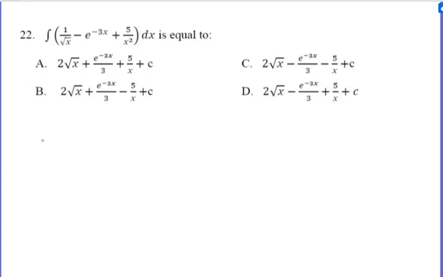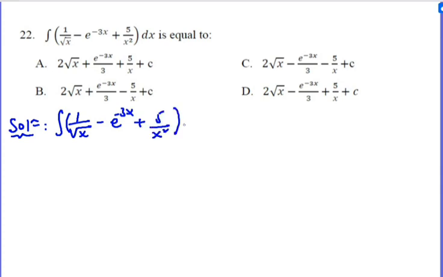The next one is the integral of a certain expression. So let us see the integral of the given problem. The integral of 1 over radical x minus e to the power of minus 3x plus 5 over x squared can be written as the integral of 1 over radical x dx minus the integral of e to the power of minus 3x dx. You can take separately